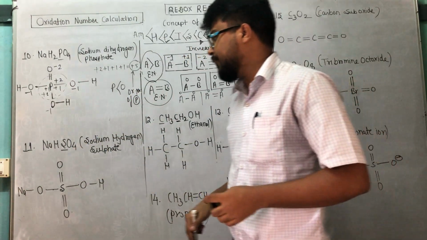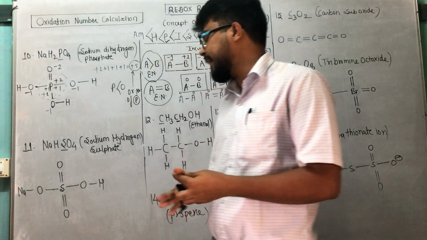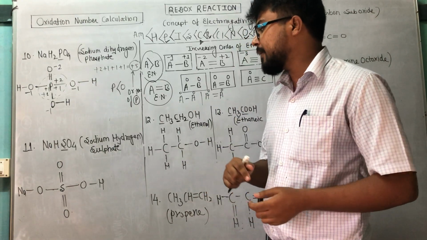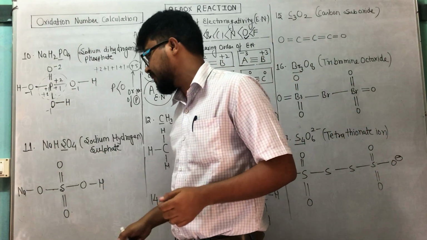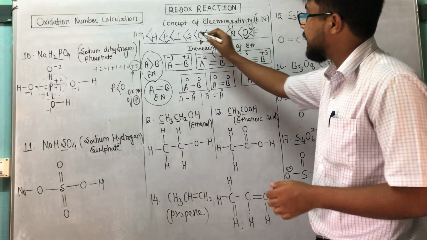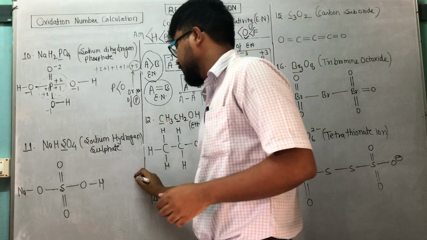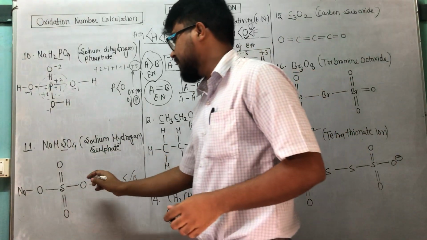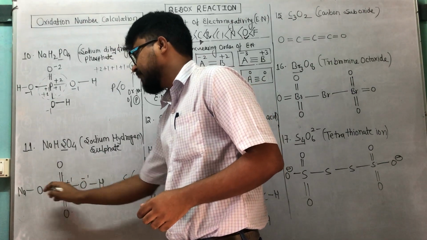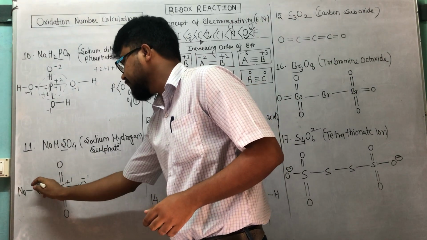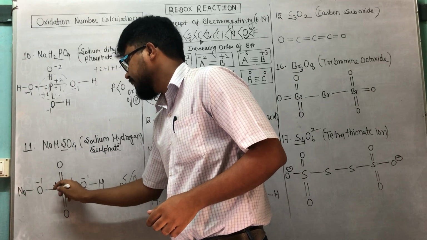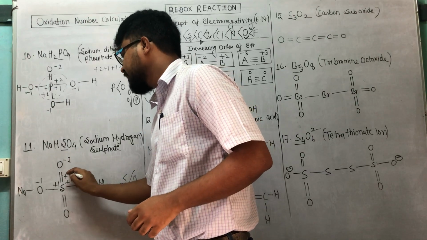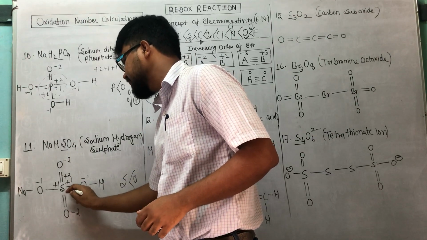See one more case. We have to calculate the oxidation number of sulfur, and again check that sulfur is surrounded by 2 double bonds and 2 single bonds with oxygen, and check that oxygen is more electronegative than sulfur. Again we have the same criterion: oxygen is more electronegative than sulfur. So for oxygen it will be -1 and +1 for this bond. For this bond it will be -1 and +1. Now it is time to solve the double bonds. For a double bond it is -2 and +2. Again it is -2 and +2.